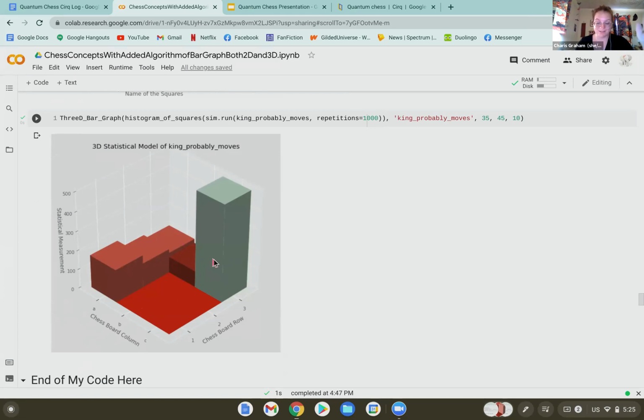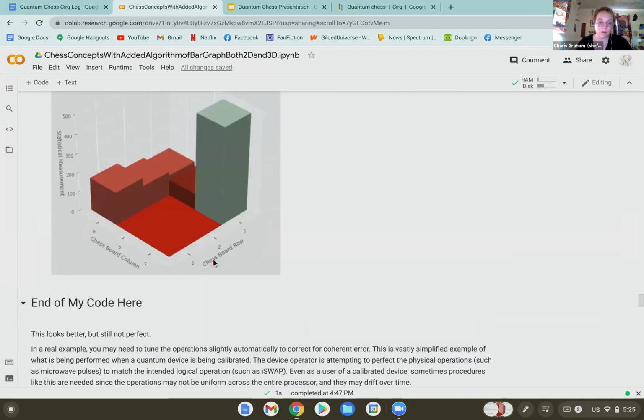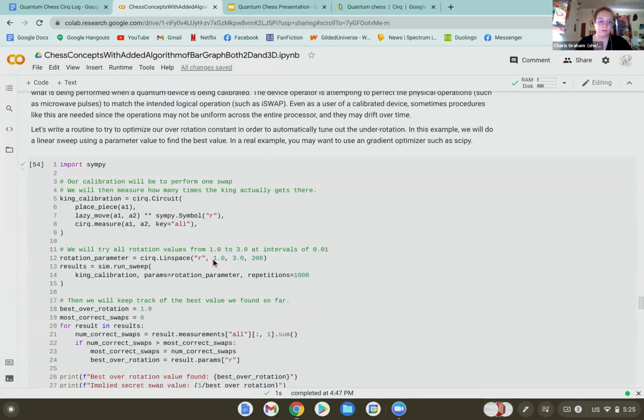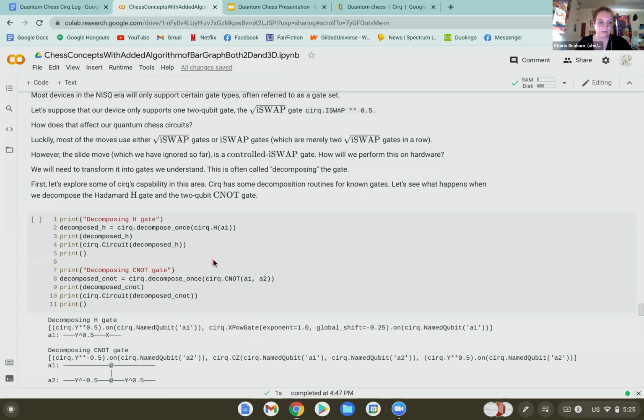And because this is an example of coherent noise, which I mentioned, where the device is moving out of calibration, the king essentially leaks across the board and it's really messy, and it's very well shown here. And then once you've recalibrated it, you can see,